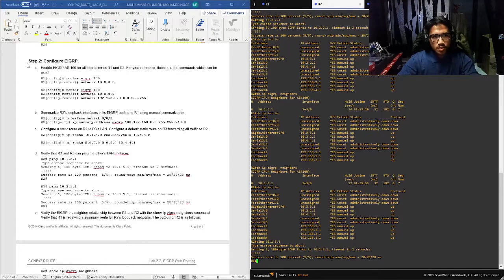Next step is step 2. So in this step, I will configure EIGRP. First, enable EIGRP AS 100 for all interfaces on R1 and R2. For my reference, these are the commands which can be used. So on R1, I use this command. So I use router EIGRP 100. Next, I assign network